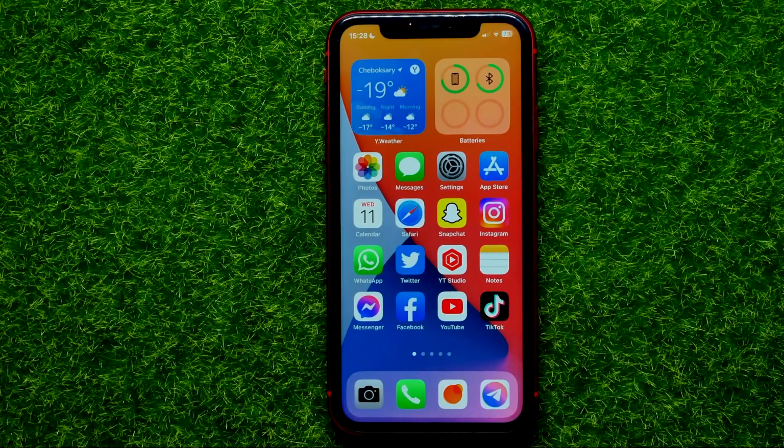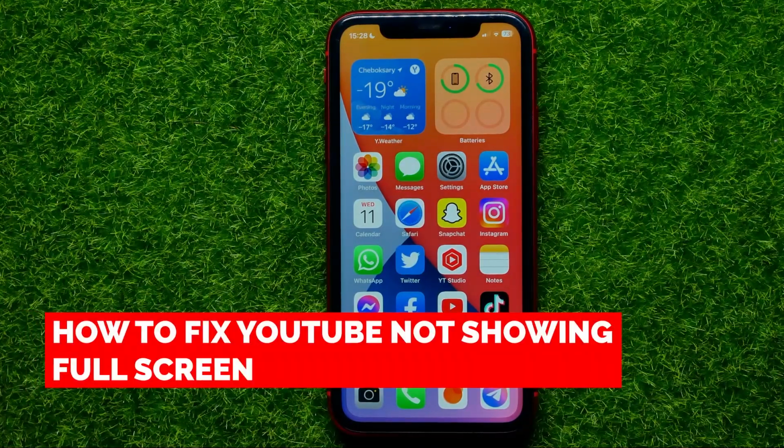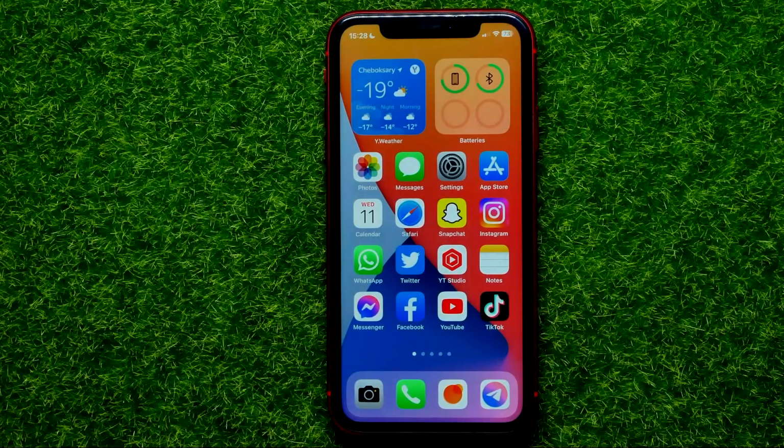Hello guys, welcome back. In this video I'm going to show you how you can easily fix YouTube not showing full screen. Be sure to watch the video to the very end so you don't make any mistakes, and